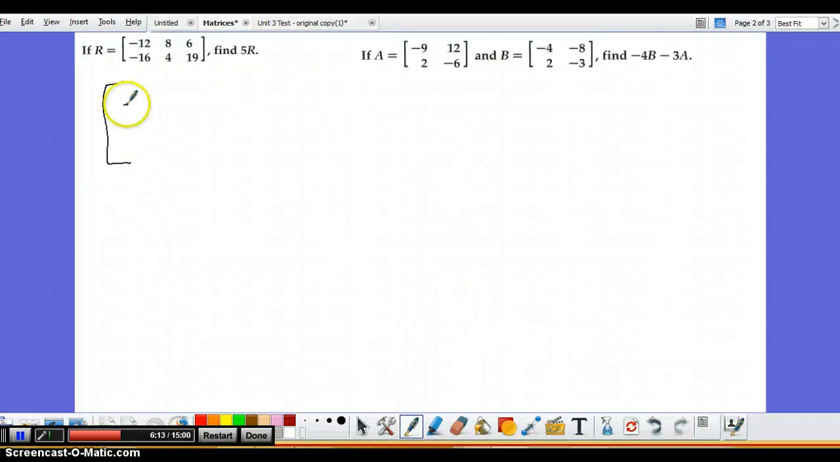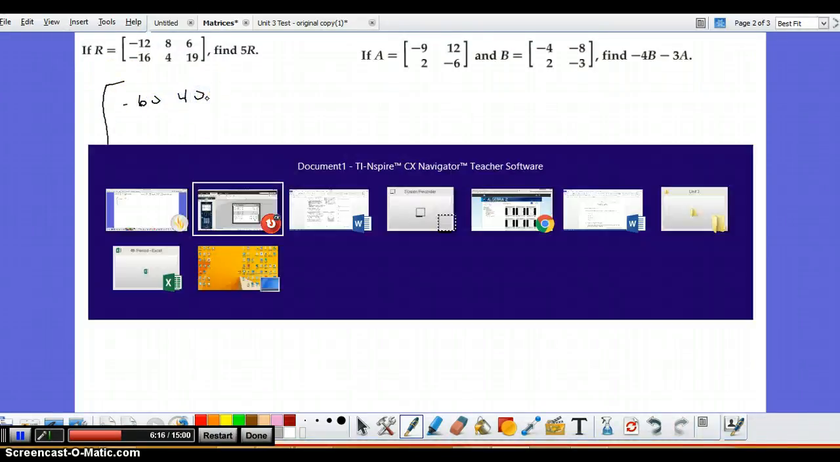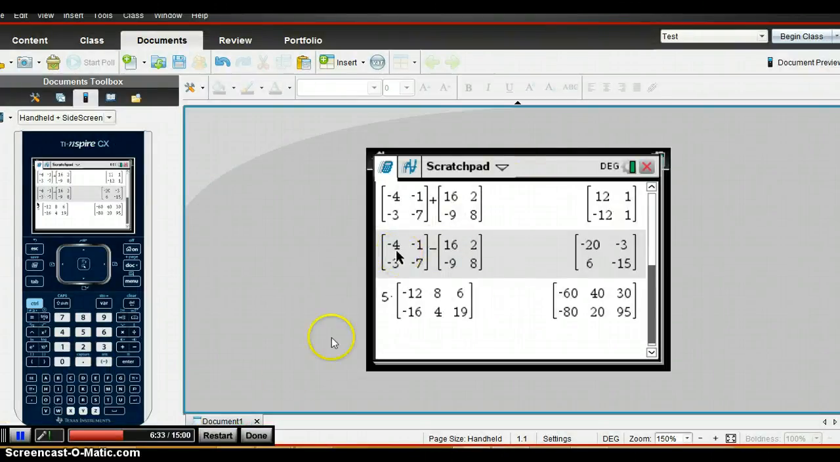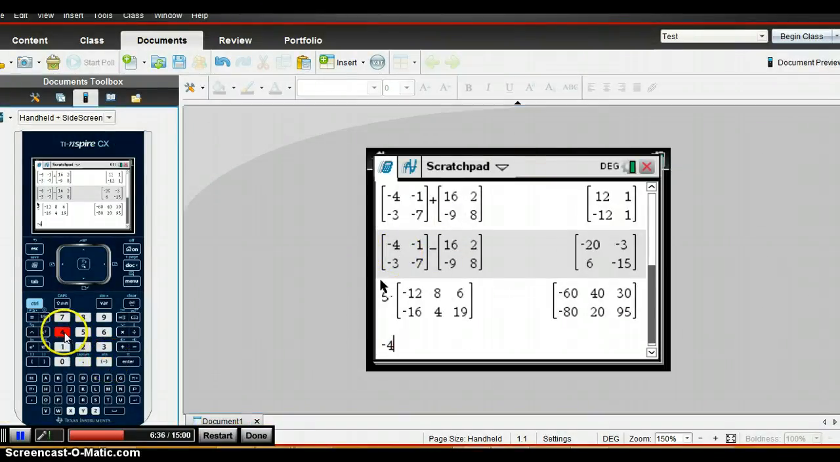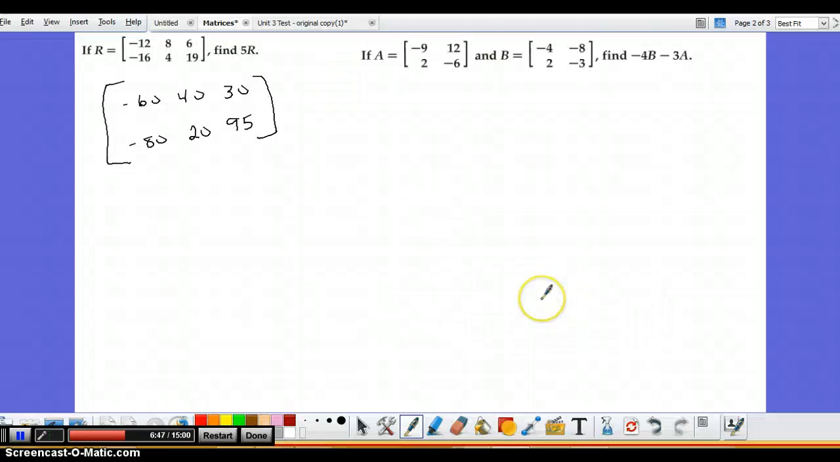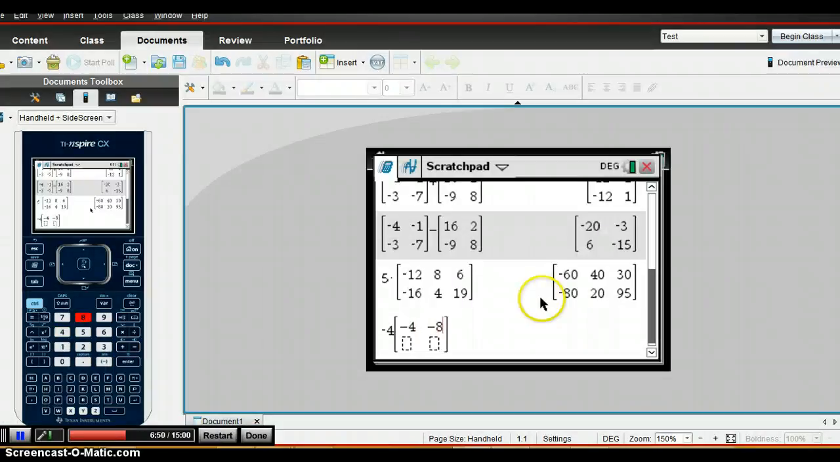So we get negative 60, 40, 30, negative 80, 20, 95. All right, same thing would apply here. So it's negative 4 times B minus 3 times A. So that's going to be negative 4. B is a 2 by 2. So we want 2 rows, 2 columns. We have negative 4, negative 8. We have 2, negative 3,